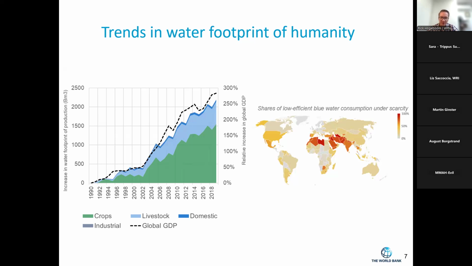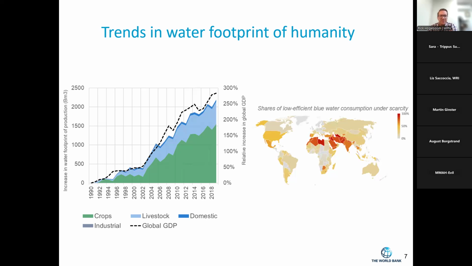The first, what you see in the graph on the left, is that the water footprint, so the basis of all virtual water studies, has grown considerably over time. On par with GDP, so there's no decoupling yet with growth and water consumption. Most of this increase was driven by agriculture. That also may not come as a big surprise. Also, even though the total footprint increased massively, per capita, so per person, the water footprint actually came down a little bit by about 10% since 1990. So on average, the global citizen now uses around 3,200 liters of water per day. Still a massive amount, of course, but a little bit lower than it was.